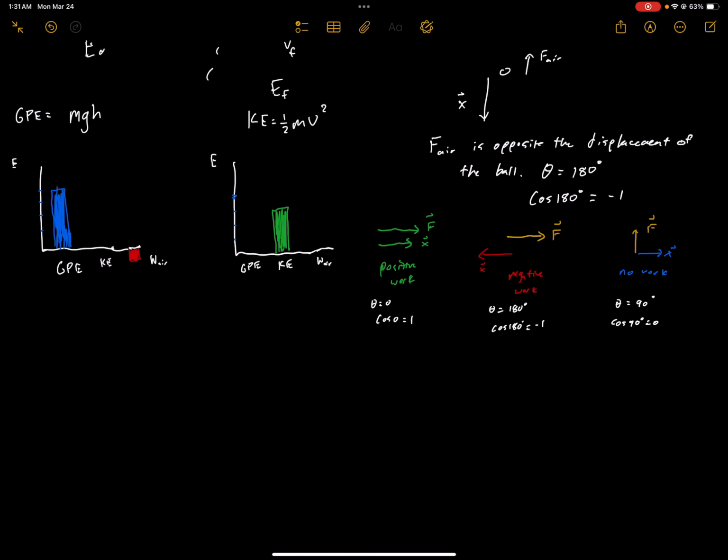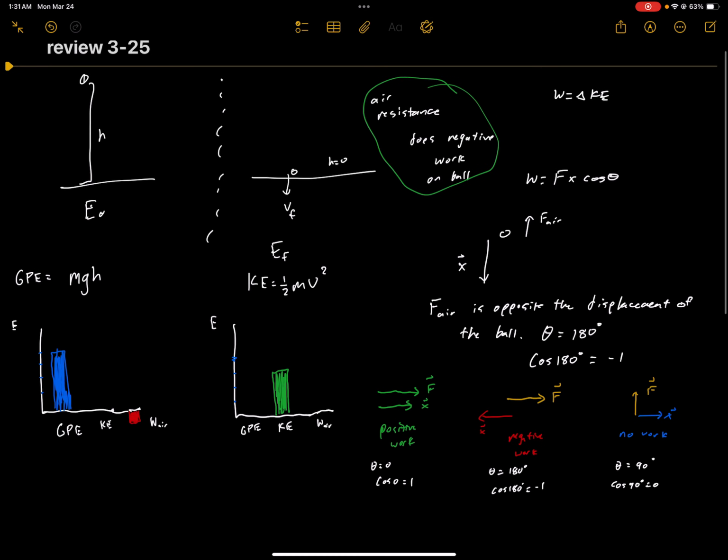What's important about the bar charts is, again, you draw a picture, you identify the types of energy that are in the system, right? So we know there's gravitational potential energy, there's kinetic energy, and there's work done by the air, negative work specifically. And notice, I make it different colors just to make it easier to see. But for the final energy in green, notice how that bar is shorter than the bar for the initial gravitational potential energy, right? So this is showing that that negative work that the air did took away energy